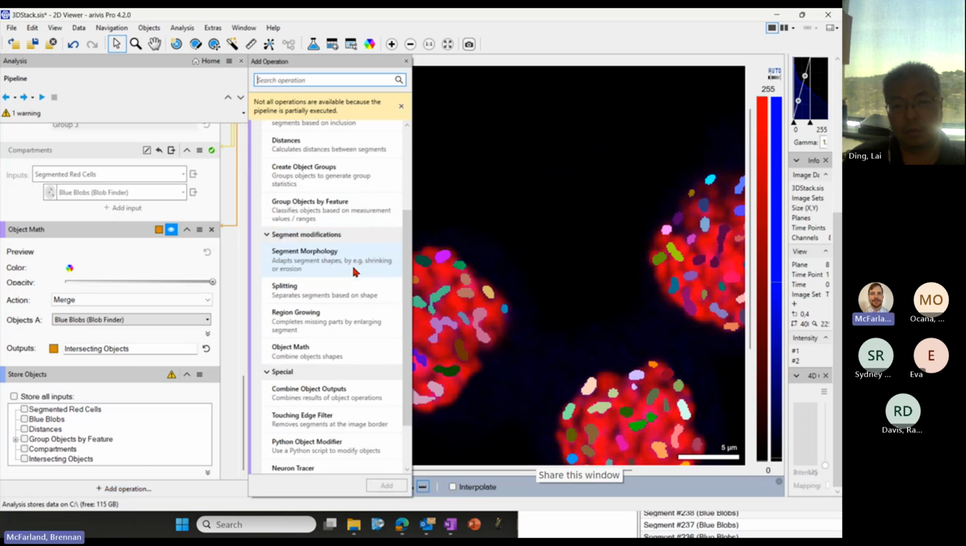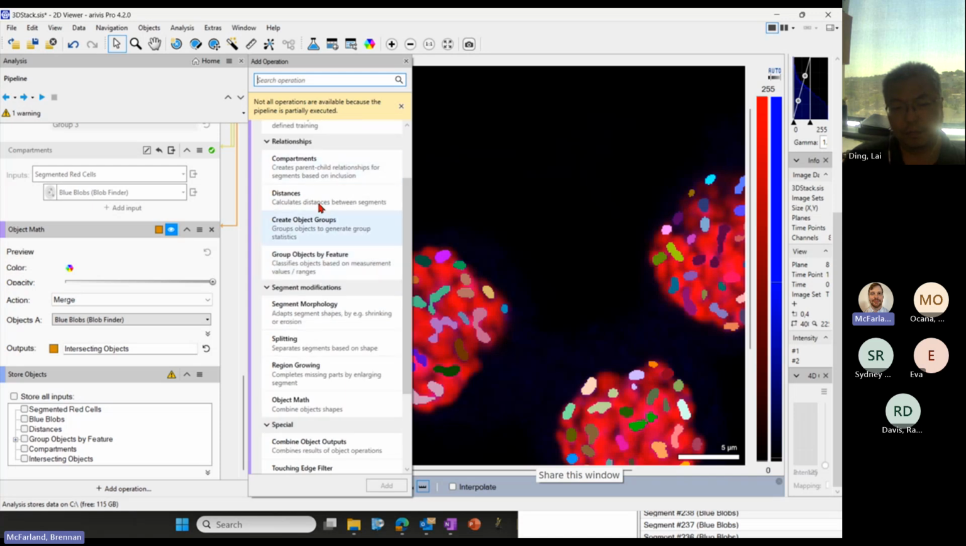And again, we can also combine these objects into different features if you want to bin them. Something else you can do, after you do this colocalization, if you still want to do some adjustment on these objects, is something called segment morphology,